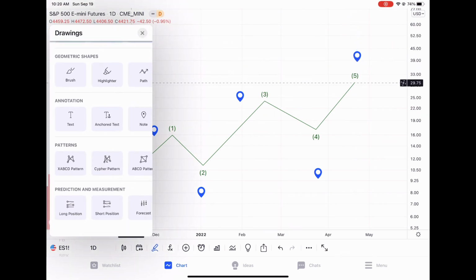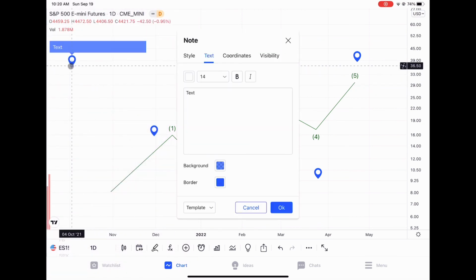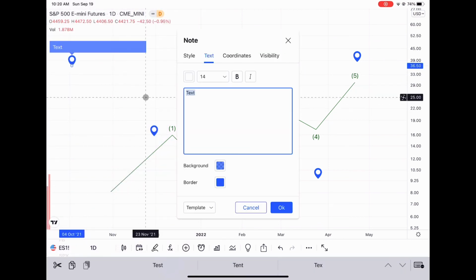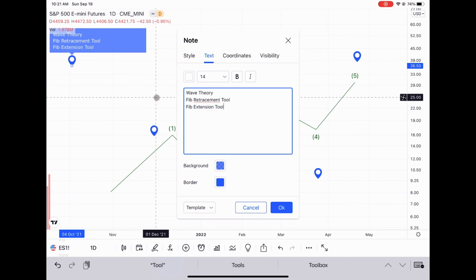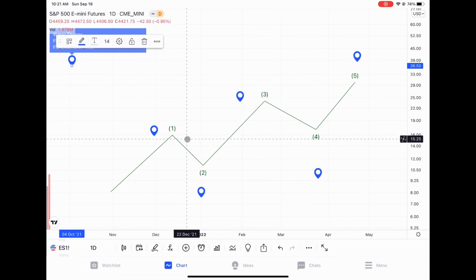Now actually, let me write this down for you guys. So today we went over wave theory. Okay, so it's 2 simple tools that I use for that: the fib retracement tool and the fib extension tool. It's really pretty simple,